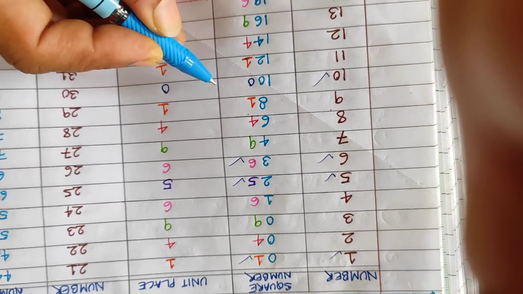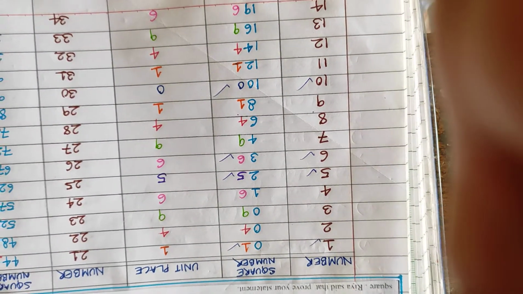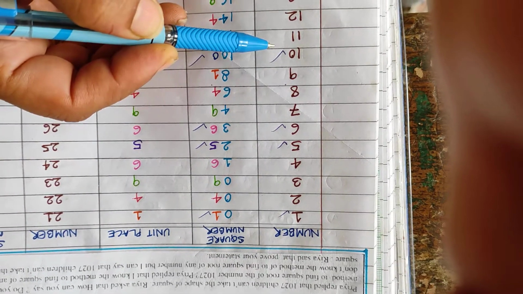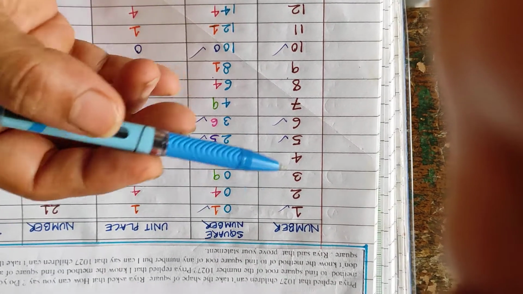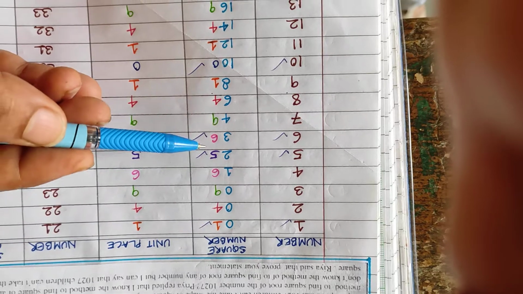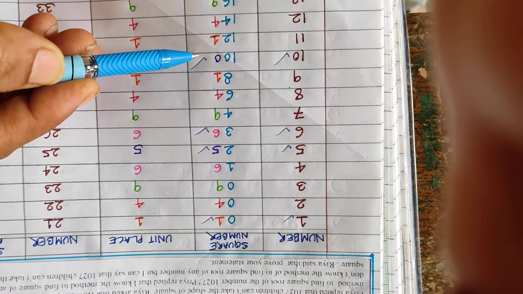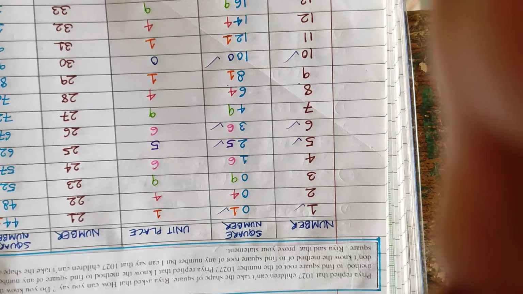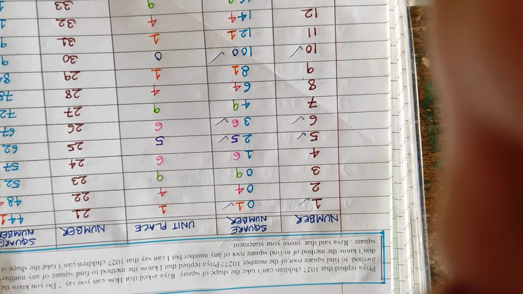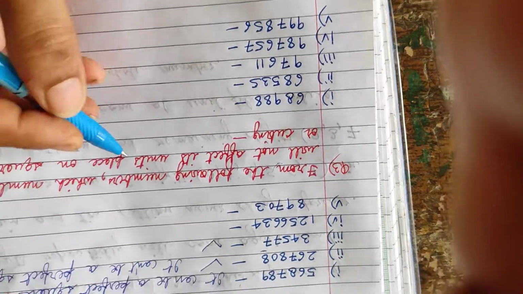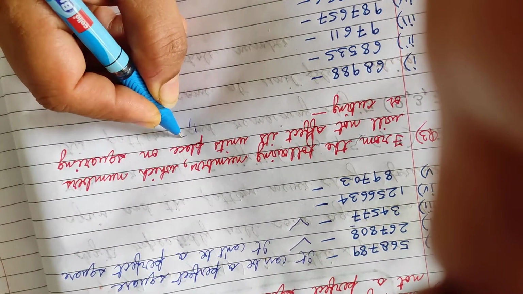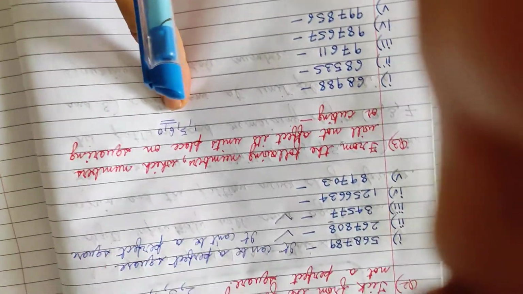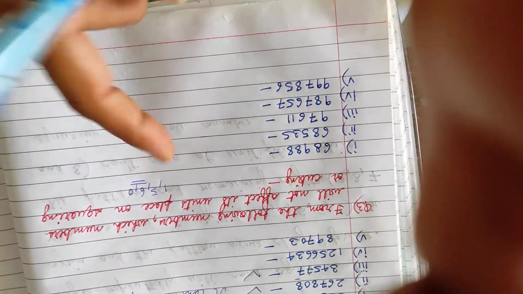and 0. So 4 cases are there when we have 1, 5, 6 or 0 at the unit place. We will have the same digit, 1, 5, 6 and 0 respectively, at the unit place in the square number. Okay, at the unit place. So 1, 5, 6 and 0 don't change. So what we have to remember: 1, 5, 6 and 0. It should be there at the unit place.